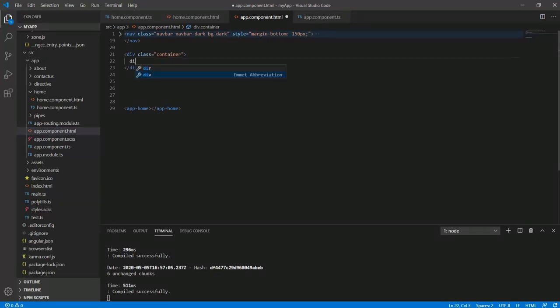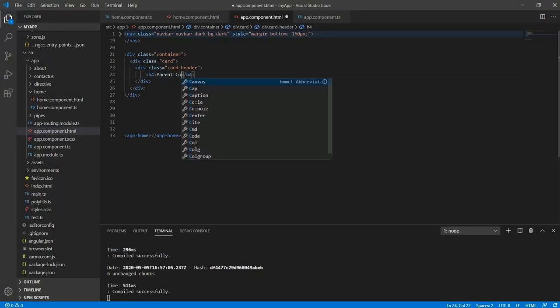Now another div, card, then we'll create a card header. Now we'll just add a header here, so h4 tag, so we'll call it as a parent component.